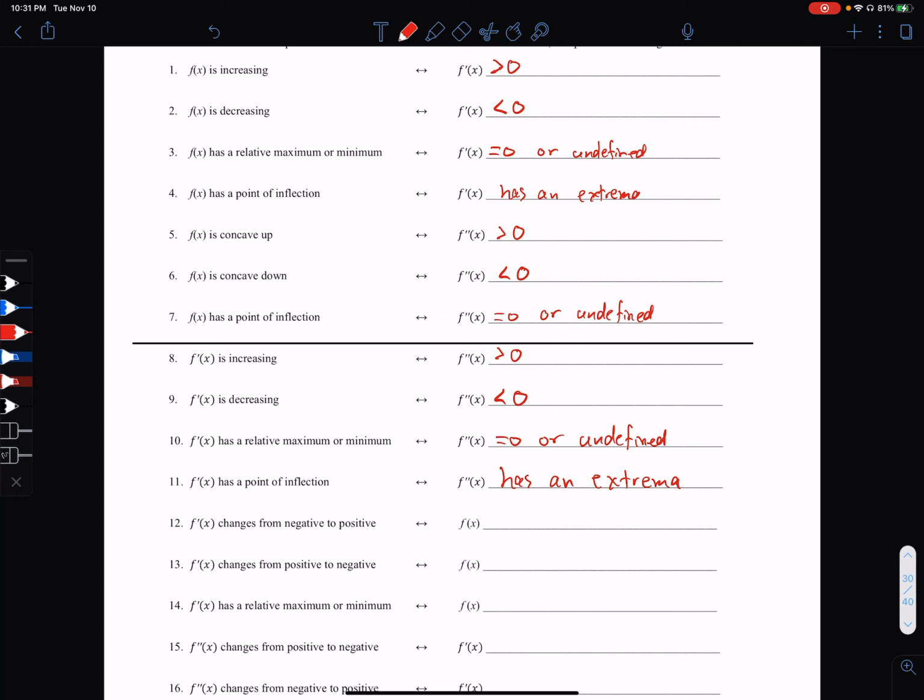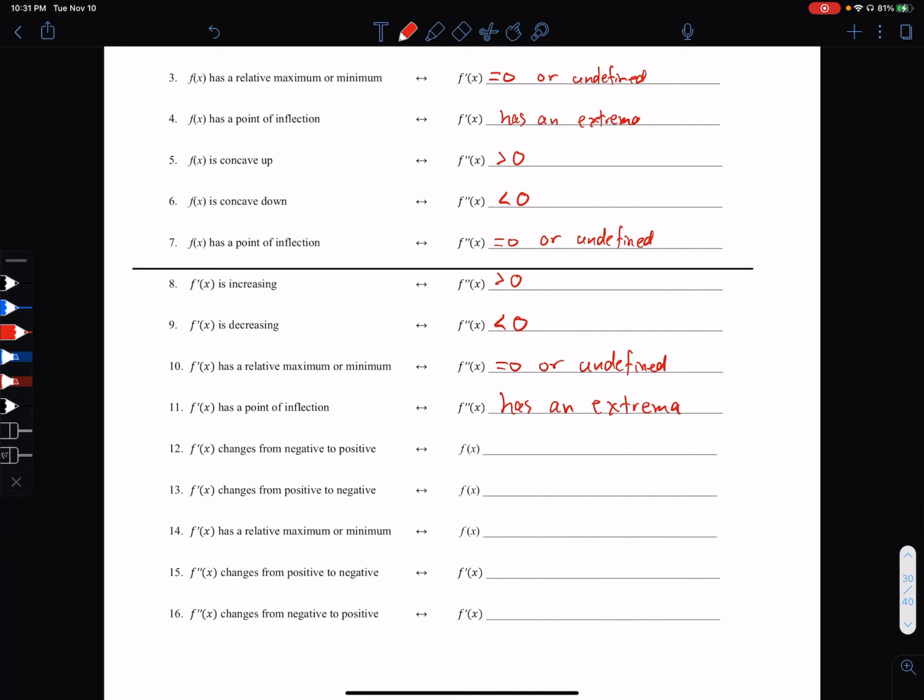Extrema sounds funnier. If f prime changes from negative to positive, then f has a minimum. Let me be more specific, a relative minimum. Got to use my words right. If f prime changes from positive to negative, then f has a relative